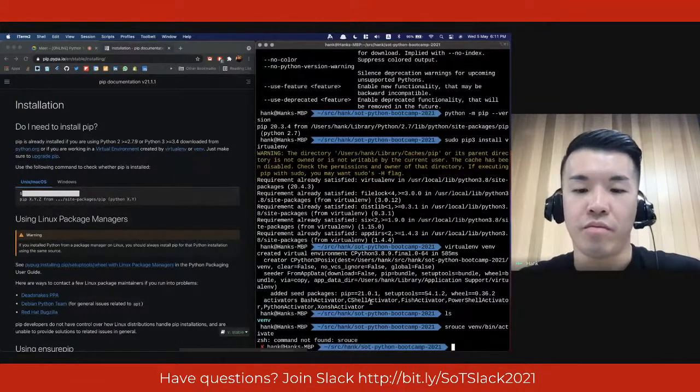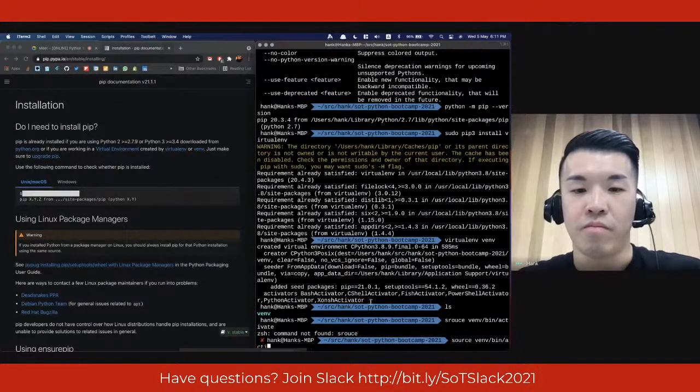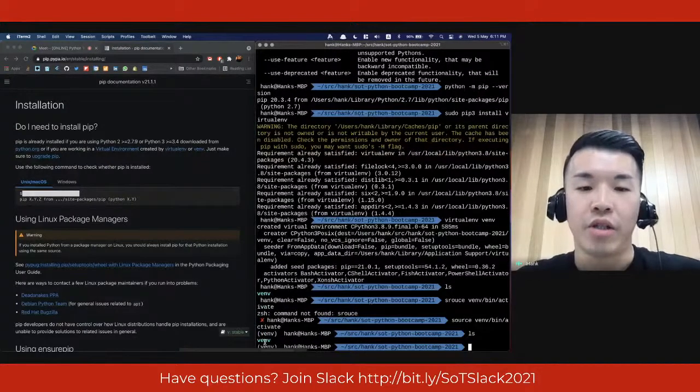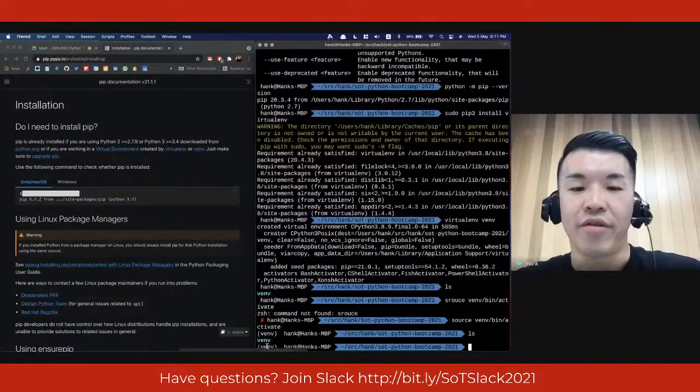Oh, typo. Cool. Now you can see there's a prefix in front of